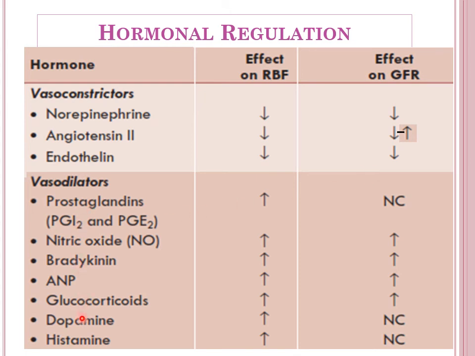And here are the important vasodilators that will increase the renal blood flow as well as the GFR. Okay. All these are concerned with increased renal blood flow because they are potent vasodilators of afferent as well as efferent arterioles. But certain vasodilators do not have a confirmed effect over the GFR, like prostaglandin, dopamine, and histamine. There is no known role regarding the effect on the GFR. So these are the important hormones that will control the renal blood flow and also the GFR.